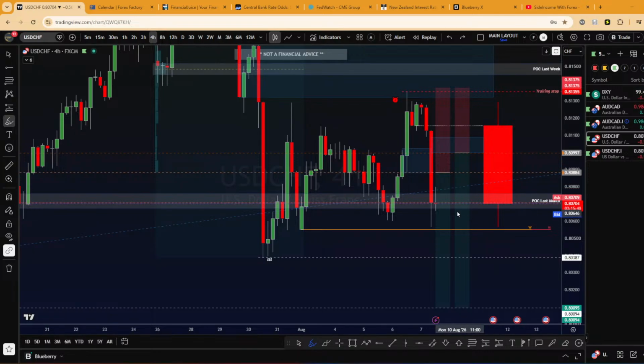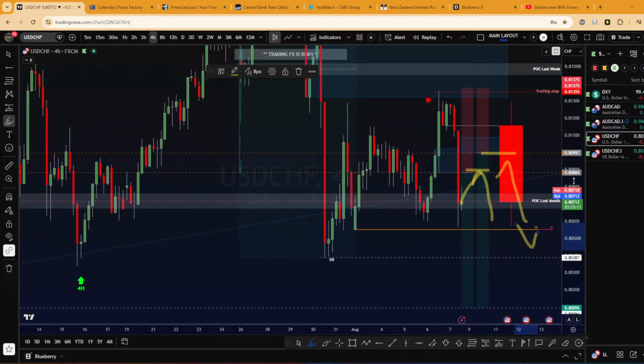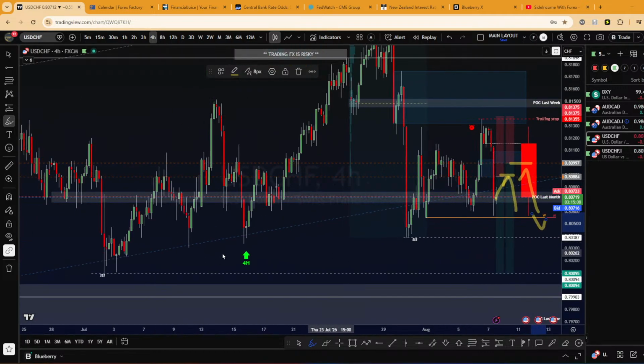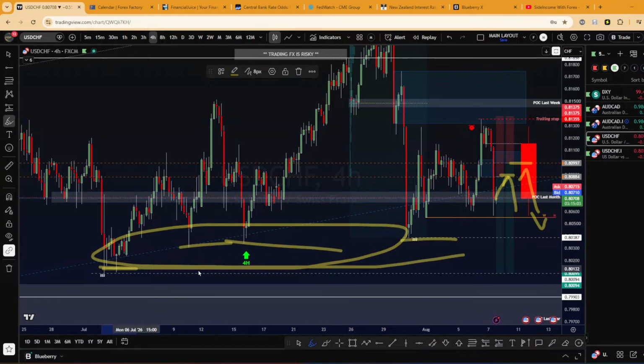It seems like we have a lot of sellers. It seems like we are about to break it without giving us a retracement, because this is my rule. I need to see some retracement first. If I don't get it, it's okay. I will try to find another position next week. But if I can get some retracement, this is what I am waiting for. I will get in and hold the trade over the week, because I still think that we could at least target this low right there.